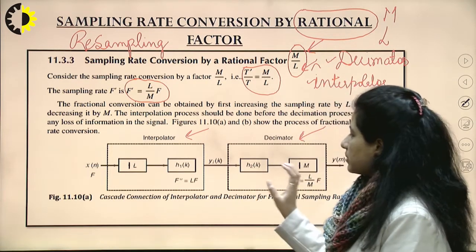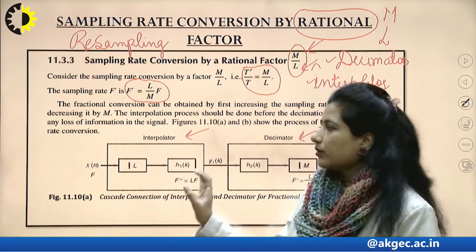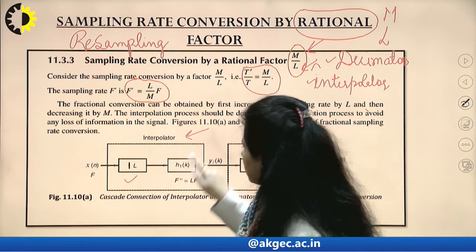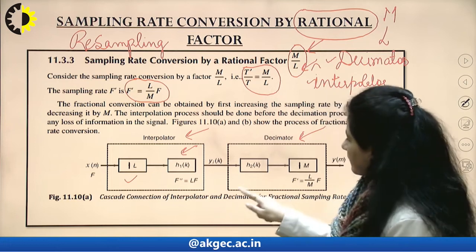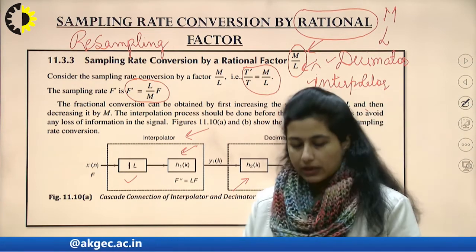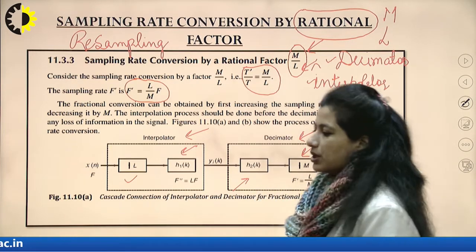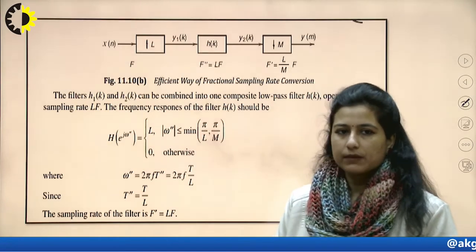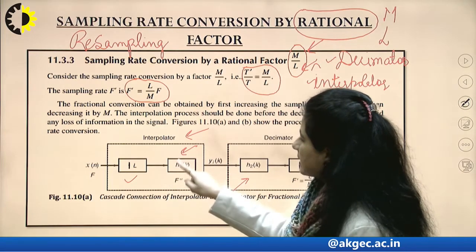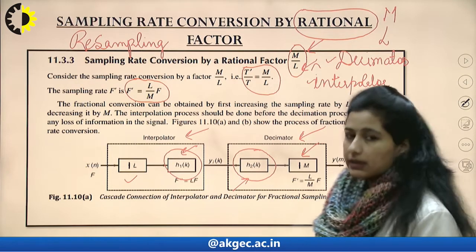So before I am losing a certain amount of information, I have to interpolate that signal so that reconstruction of the signal is proper. So here this is the upsampler, this is my anti-imaging filter, this is my anti-aliasing filter, and this is my downsampler. So the entire process would be the replica of decimation and interpolation, but interpolation would precede the decimation process. These two filters that we were talking about separately as anti-imaging filter and anti-aliasing filter,